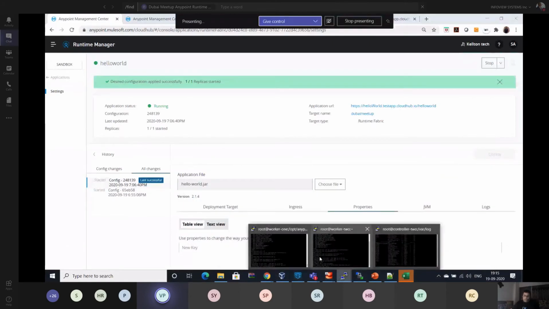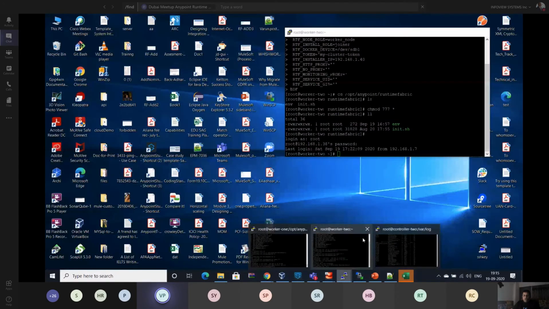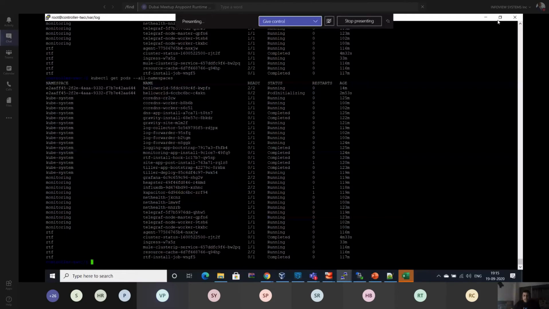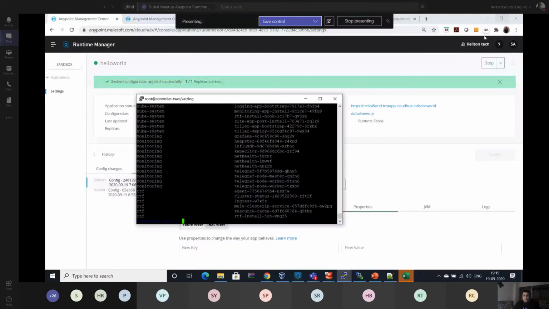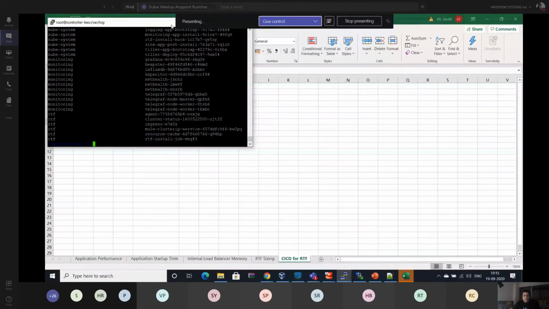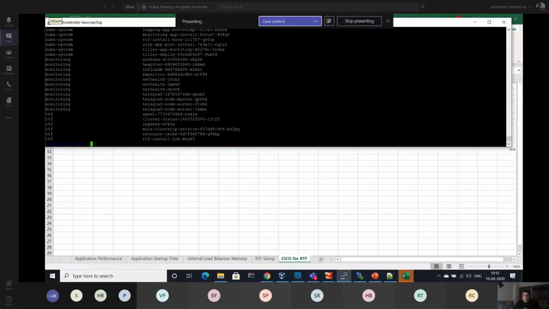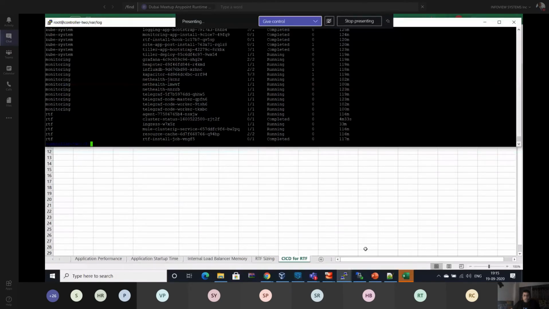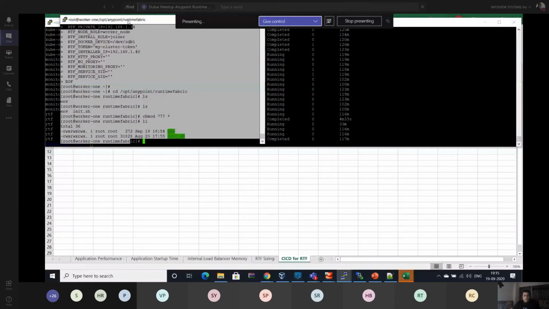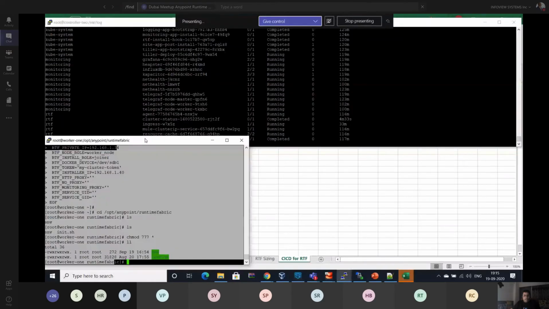Yeah, no, not required. Once you have made your platform and your instances ready for your application, for Runtime Fabric, let me show you that over here. This is the worker. This is the worker.